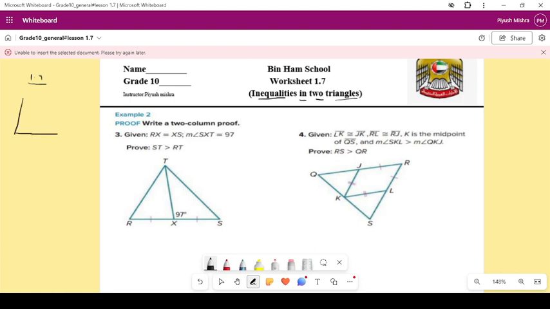It was telling that if there is a triangle, let us suppose I am telling ABC, this side is the biggest side, this is the second biggest side, and this is the smallest side. So what is the order? That BC is greater than AC, it is greater than AB, then the opposite angles. So what is the opposite angle of BC? You can see it is angle A. So angle A will be greater than angle B and will be greater than angle C.